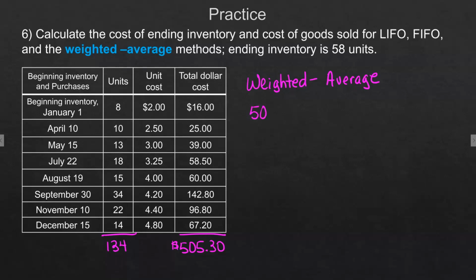So 505.30 divided by 134, round that to dollars and cents. So 3.77 each. Now, once again, there's 58 units because we carried this problem through for each method. So we take our cost per unit times 58, and that's